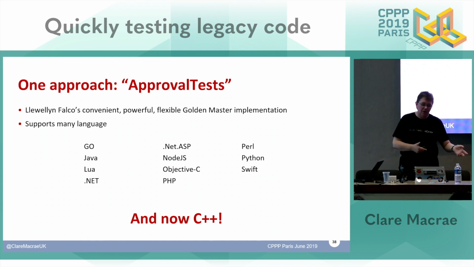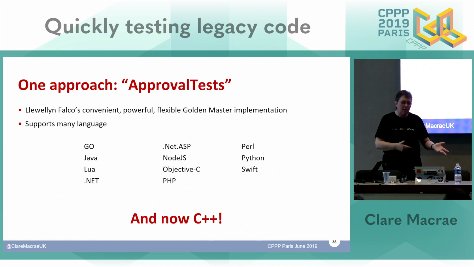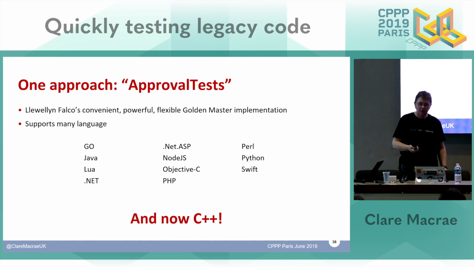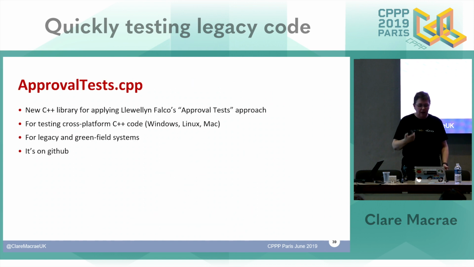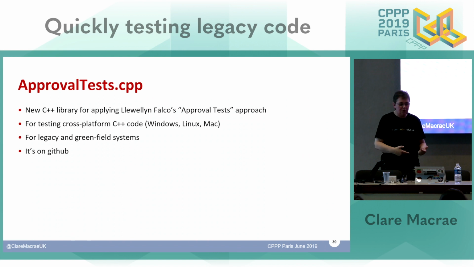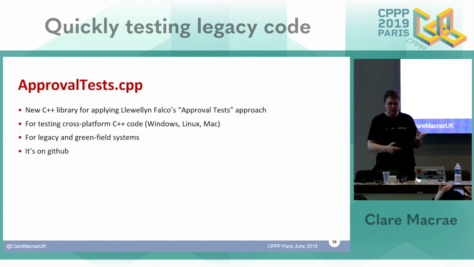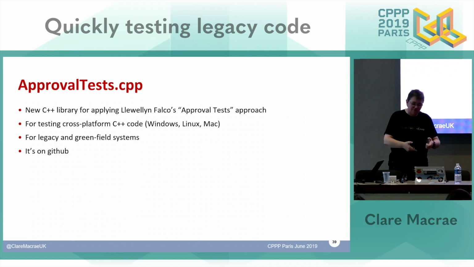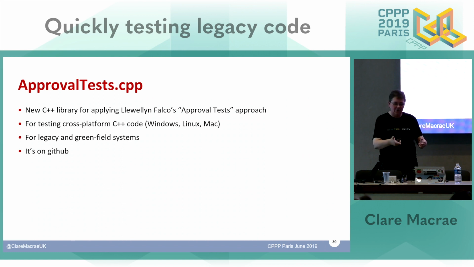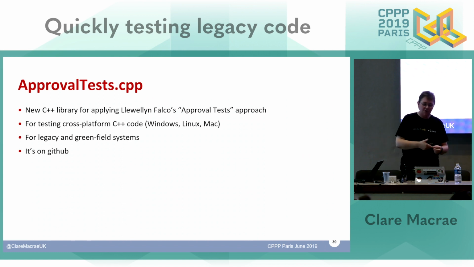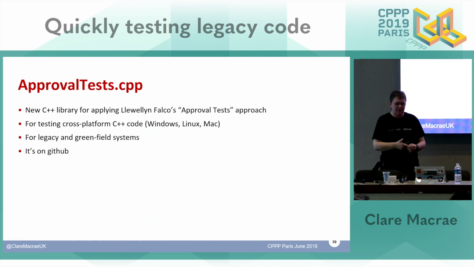What's changed is, over the last 18 months now, there's a very powerful implementation in C++. The library that I'm talking about, in the GitHub, is called approvaltest.cpp, which I've learned is a bit of a confusing name because it sounds like a source file, but it's a library meant for writing approval tests in C++. Because of the naming convention that they've used for all of the different language implementations, it sounds like it's a file name. So maybe I think it might be good to start talking about approval tests for C++. That might be less ambiguous and clearer.